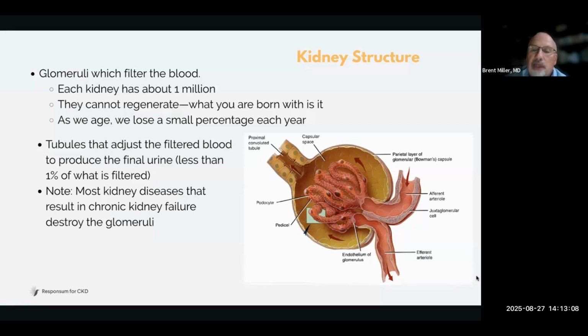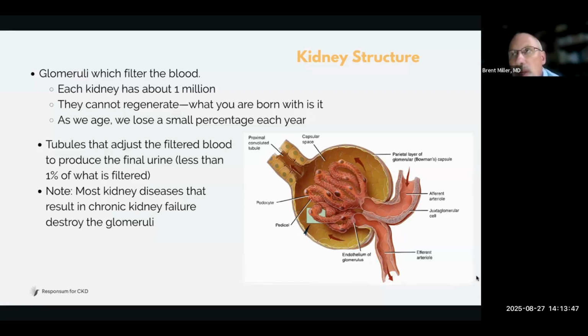So that's what happens. But this is what we are generally talking about with CKD, that these million glomeruli in each kidney are damaged. And so what happens when your kidney function starts getting worse is you are losing glomeruli. They are scarring and disappearing. They're turning into a scar. And unfortunately, this is one part of the body that generally can't heal. You can't make new glomeruli, and you can't regenerate that.